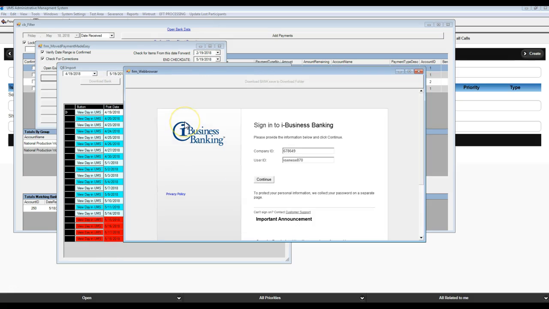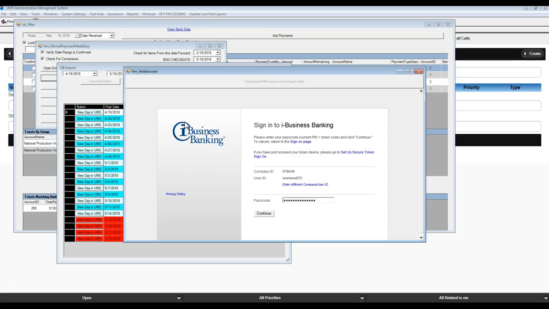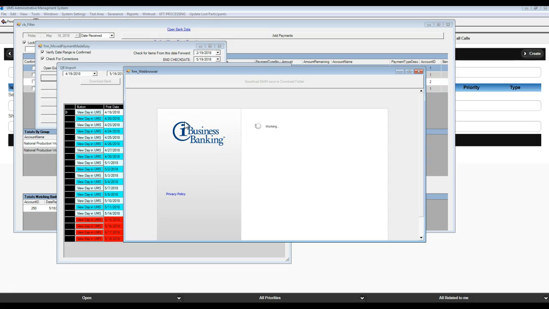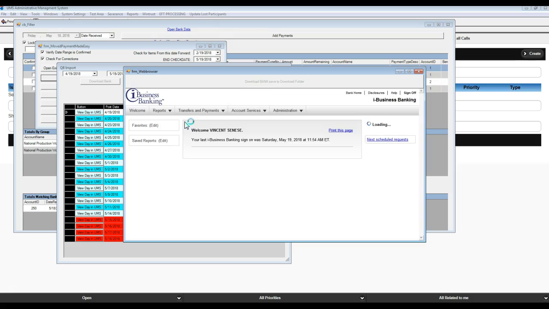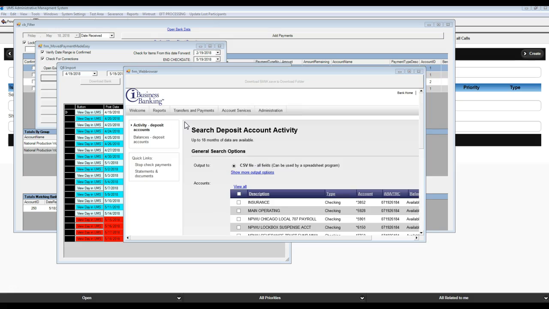By me clicking Download Bank Data, again, it's going to log onto the iBusiness Banking. It's going to ask me for my token. And it's actually going to download the CSV for all bank transactions and programmatically make sure everything is linked up. So within one button click now, I don't do anything, and we'll see that the 18th is actually going to turn yellow, which yellow means that everything validates. It's just not imported yet, assuming we don't have any direct deposits for that day. So when I click OK,